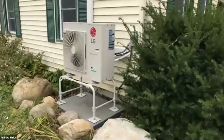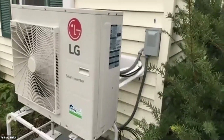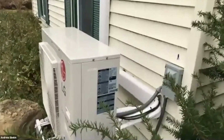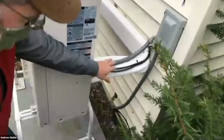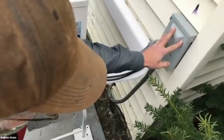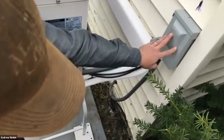So this is the LG condenser, 24,000 BTU, very similar pad. I'll just point out that in these lines, they call this a line set. Here you have the electrical feed, and this is a box where you can cut off power when it's being